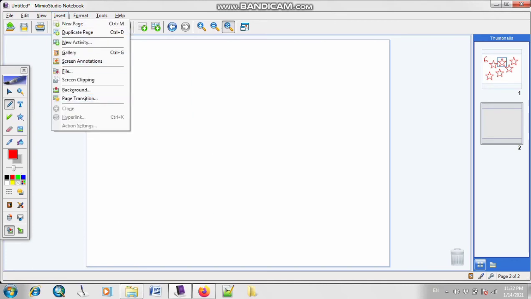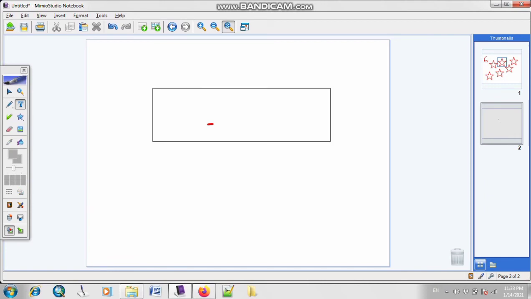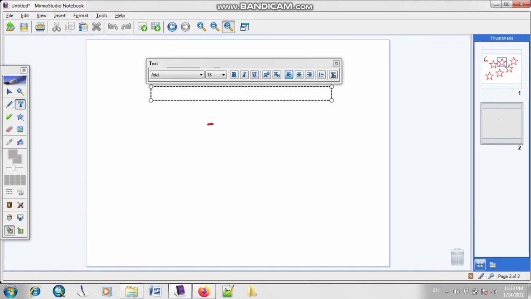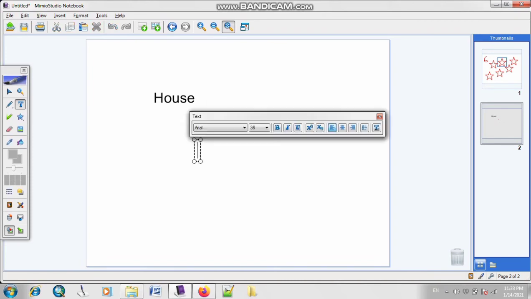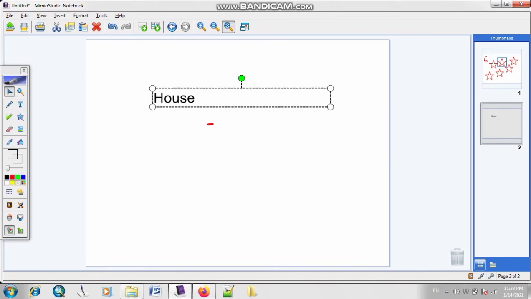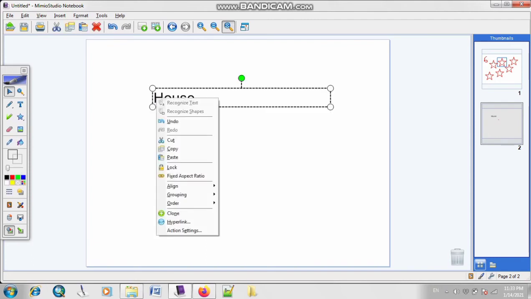Okay, next is your hyperlink. Hyperlink is something you use if you want to create a link between your different objects. Let me type here something. I will write here house. Okay, I will make it bigger. Now I will select this house, right click, and as you can see, the option of hyperlink.